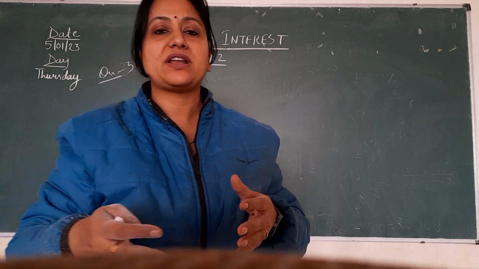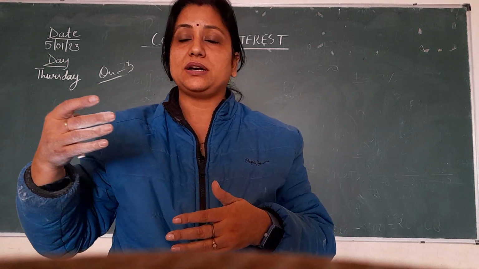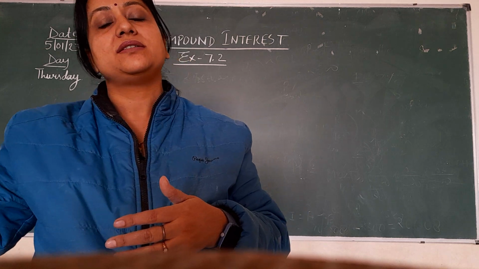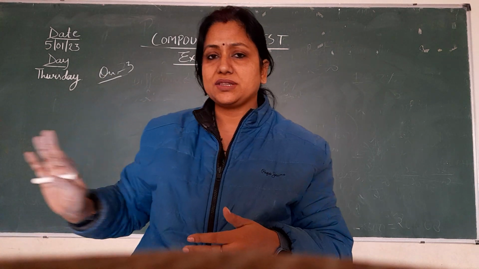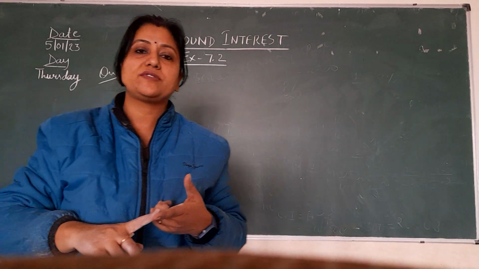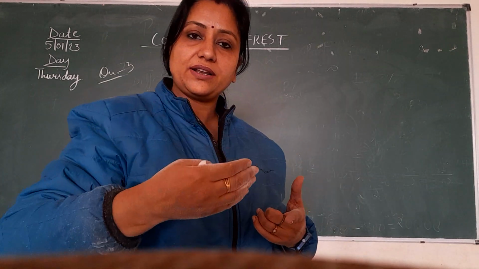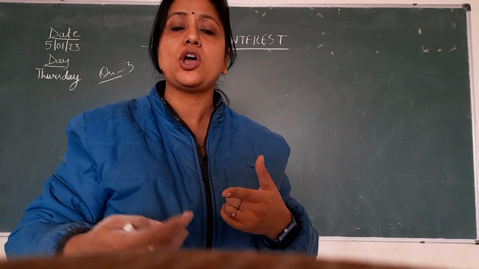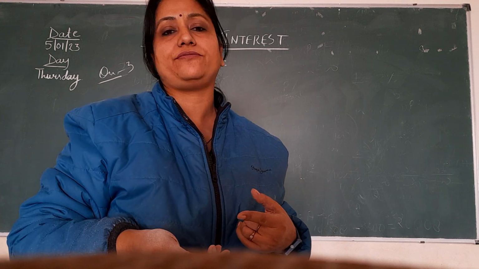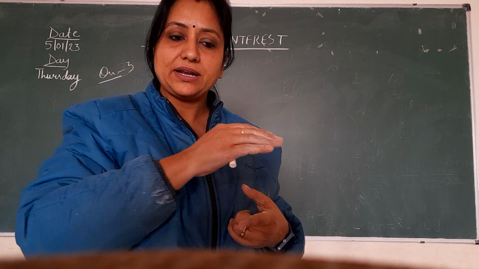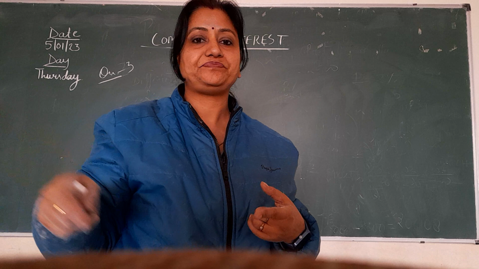If you have not returned it in 1 year, the rate of interest for the second year will be 5%, and then the third year 6% and so on. So in this question only 3 years are given. We can solve it year by year, putting in the values and finding the compound interest every year, or directly put in the formula to find the amount for the whole 3 years. Okay.